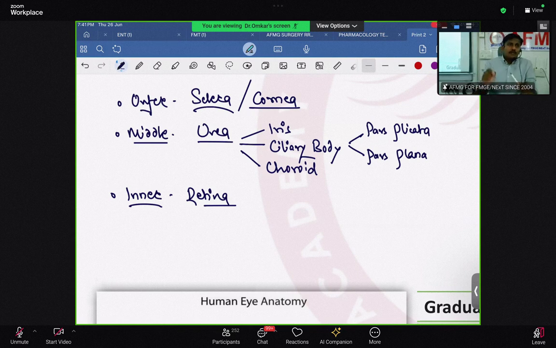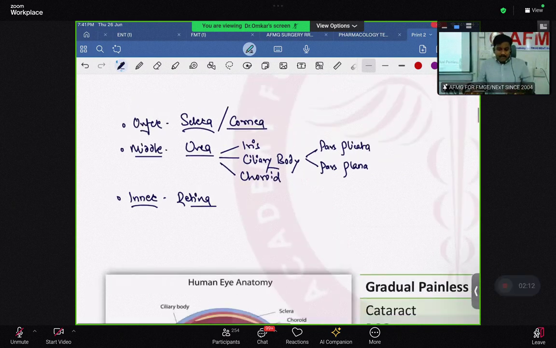We know the ones that are responsible for night vision and black and white vision are rods, beta. The ones which are responsible for color vision or day vision are cones. So color vision and day vision by cones, night vision or black and white vision by rods. Which are more in number? Rods. Rods are always more in number, beta, as compared to cones. Clear है यहाँ तक? So these are the three layers of the eyeball.